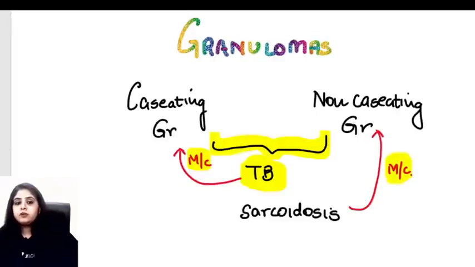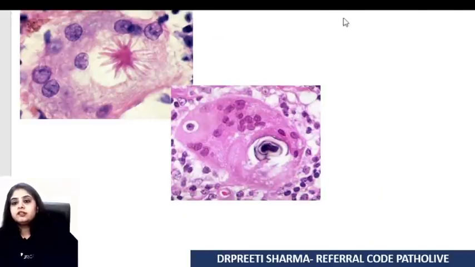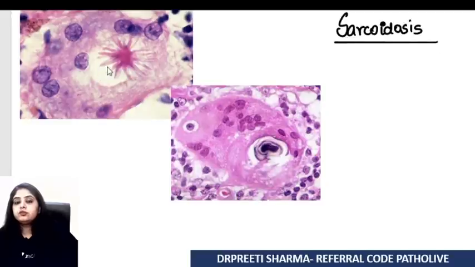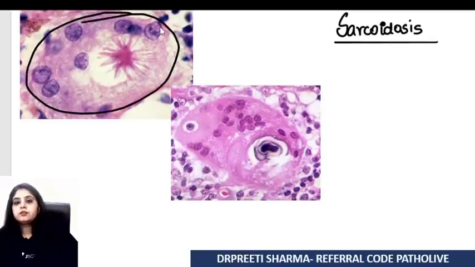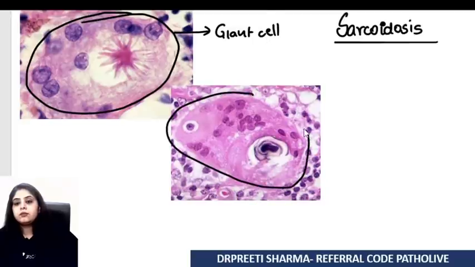Well, having spoken about sarcoidosis, why not finish off the two bodies that you see in sarcoidosis over here? So sarcoidosis shows you this one body which looks like a star and one blue color body. First and foremost, there's a huge cell out here which I can call a giant cell. And same way, there's a huge cell out here which again I'm going to call a giant cell.